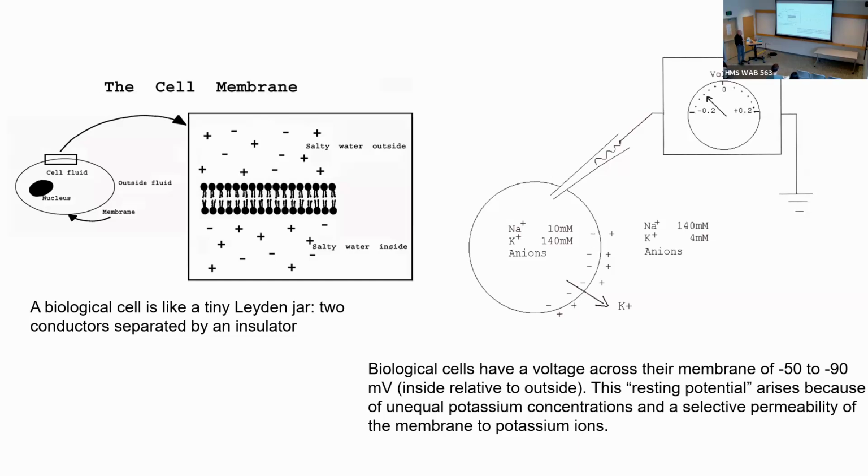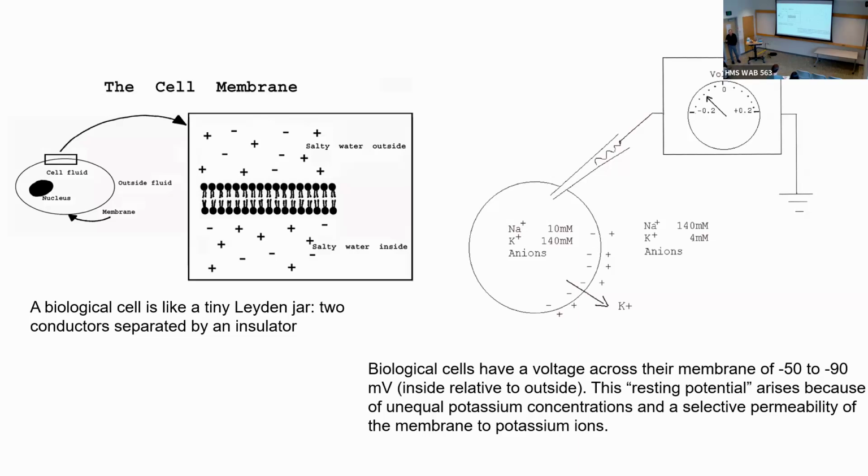And then they realized that you could produce a voltage inside a cell if there was selective permeability to potassium in the membrane. Because then what happens is potassium tends to go down its concentration gradient if the membrane is selectively permeable to potassium. And it will stop when the voltage inside becomes negative enough to retard its exit. So that's how you generate a resting potential in a cell.